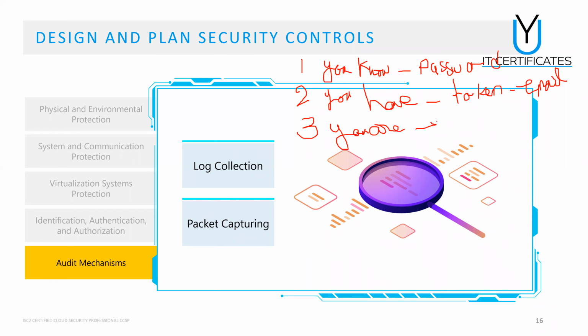Something you are, it is the biometrics. But if you are using the authentication by any one of them, this is considered single factor. If you start to have more than one factor together, as usually when you open a bank account and you want to authenticate, it will ask you for the user account. Then it will ask you for your password. After you enter this information,